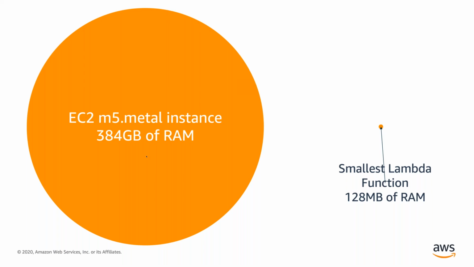These things have 48 cores, they have 384 gigabytes of RAM, and are relatively normal servers, but relatively normal servers these days are just big. Whereas the smallest Lambda function is only 128 megabytes. The smallest function that will let you configure is 128 megabytes of RAM, and I can't go and buy a server that is 128 megabytes of RAM, right? Like even embedded sort of Raspberry Pis have more RAM than that these days, and so we need some